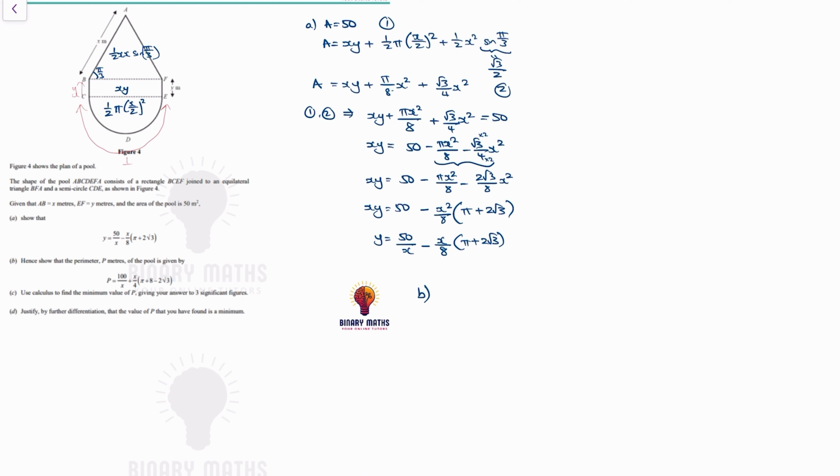So it's going to be half times 2 times pi times r, which is x over 2, half x. This is x and this is also x. So the perimeter is equal to x plus x plus y plus y plus half times 2 pi times a half x,